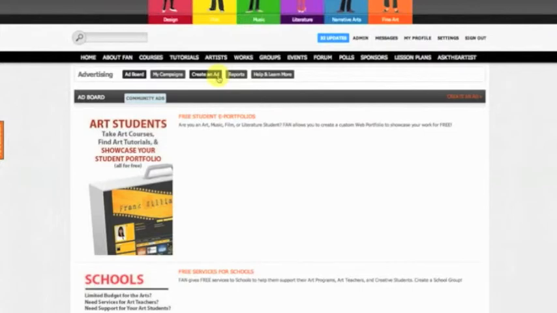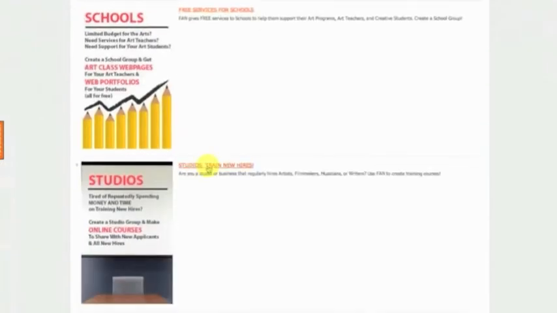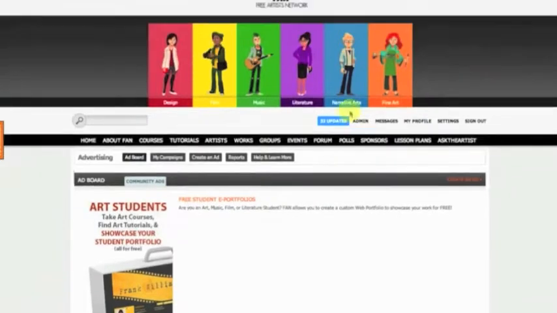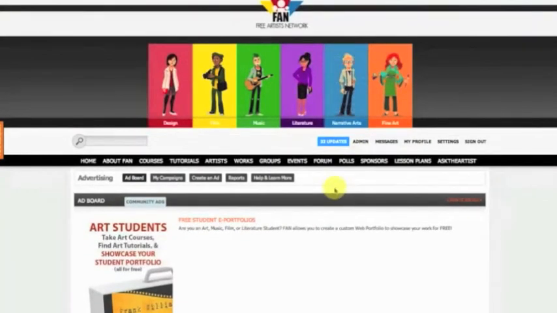And if you need to contact the Free Artist Network staff at any time, you can do that at reports@freeartist.net if you run into any trouble with the ad board. But it is located up here, and you'll see these ads at various parts of the Free Artist Network website. We'd like to ask you to support our sponsors since they help support us. And in short, that is what the sponsors section is.